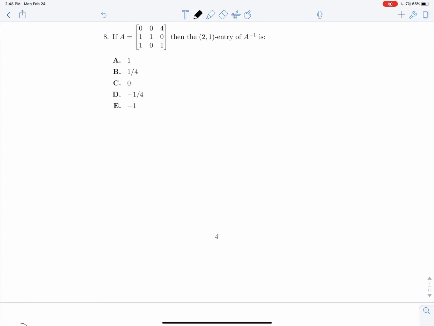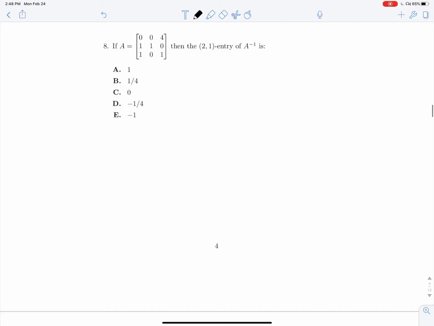Question 8, if A is equal to the matrix given there, then the 2-1 entry of A inverse is what? So, in order to find the 2-1 entry of A inverse, we need the determinant of the overall matrix, which is going to be 4 multiplied by the determinant of this submatrix, which is -1. So -1 over 4, and then we know that we need the